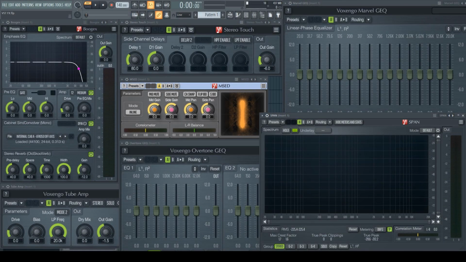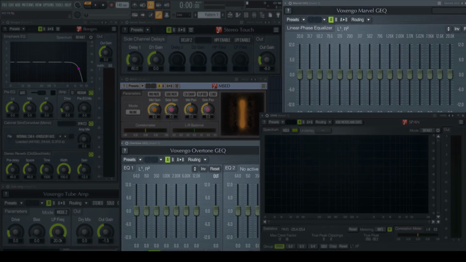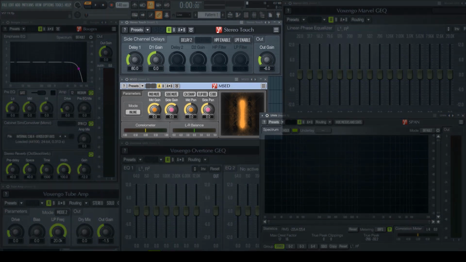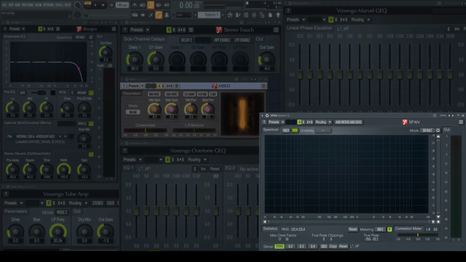The next and very important developer with many free plugins is Voxengo. You can't have enough distortion plugins, so there are Boogex and TubeAmp. Paired with some nice EQs, nice tools for mid-side encoding or stereo processing, up to my all-time favorite. You guessed it, Span. In my opinion, this is by far the best spectrum analyzer on the market, either paid